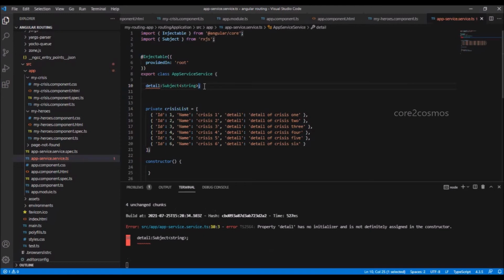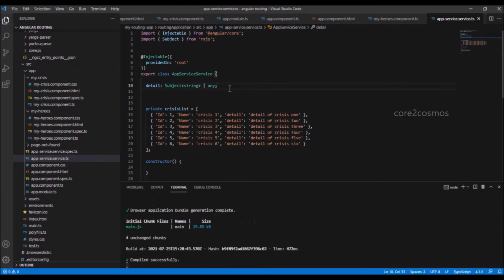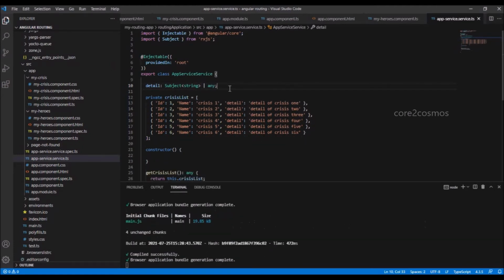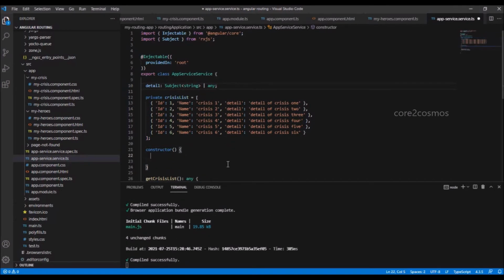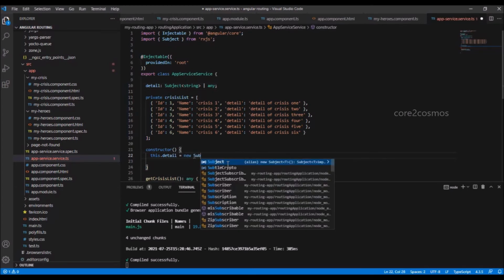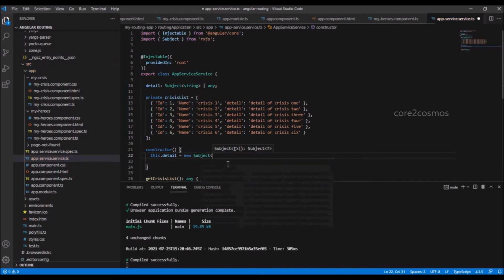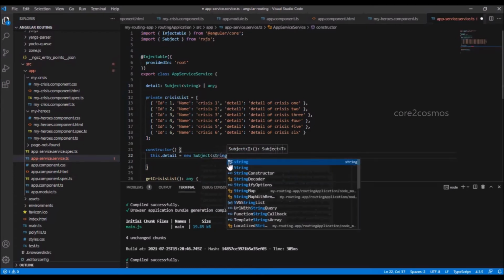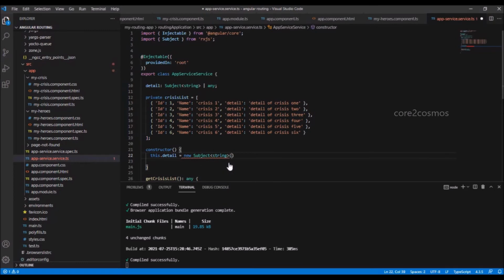So I say detail: Subject, and within the angle brackets I say string or any. In the constructor at line number 22, I say this.detail equal to new Subject of string. Basically, I am instantiating the detail variable.